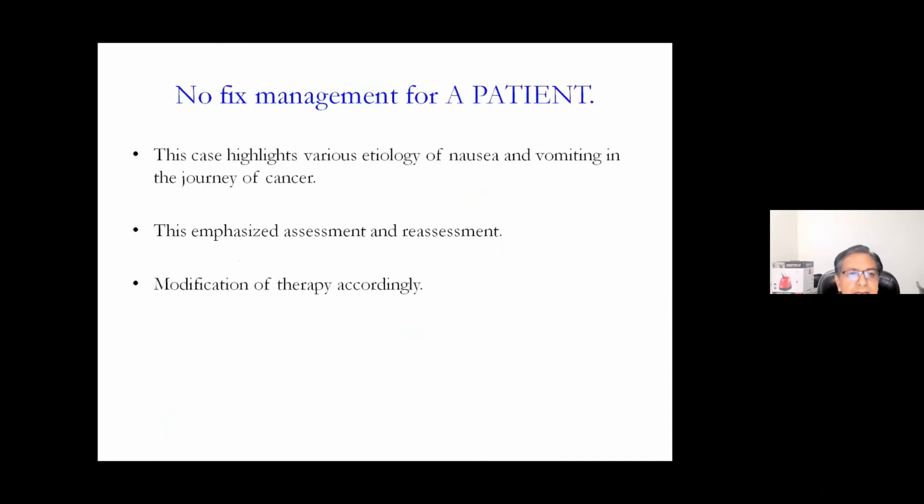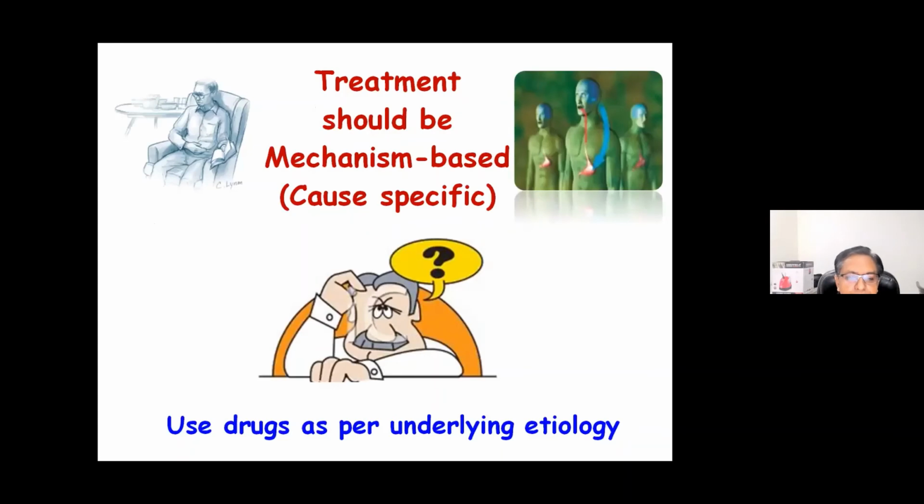So having said that, we realized that there is no fixed management for our patients with nausea and vomiting. We realized from this case of Mrs. X of CA lung, CA breast, that the various etiologies happen in the journey of a cancer, and hence this emphasizes the need for assessment and reassessment of the patient and modification accordingly. So use the drugs as per the underlying etiology, which may not always be the same and can change with the